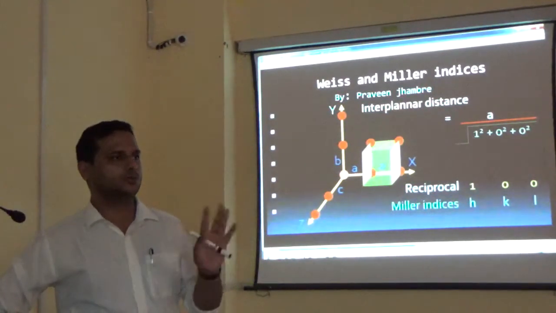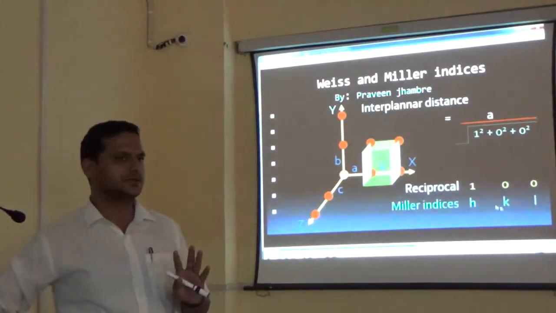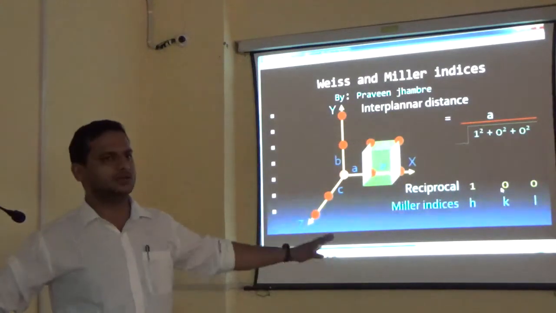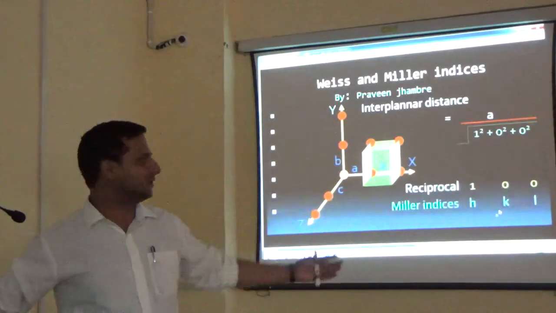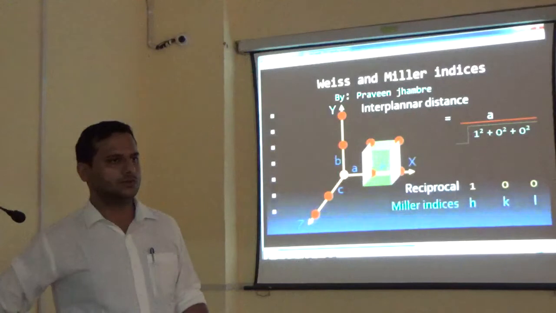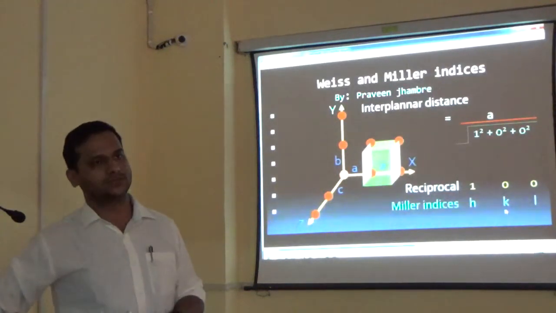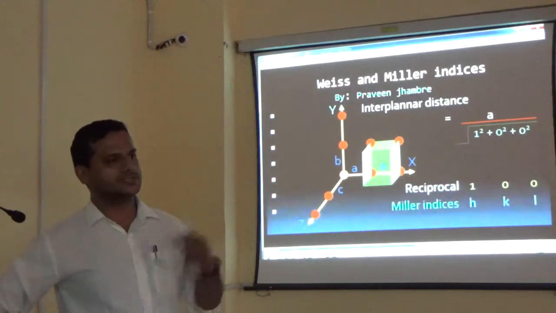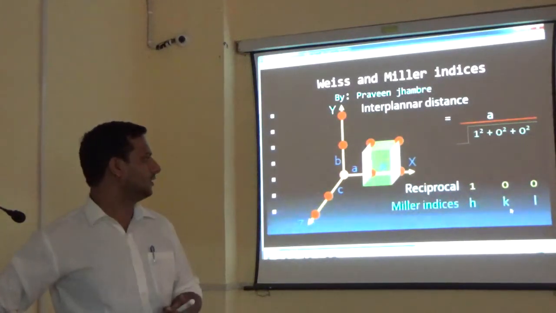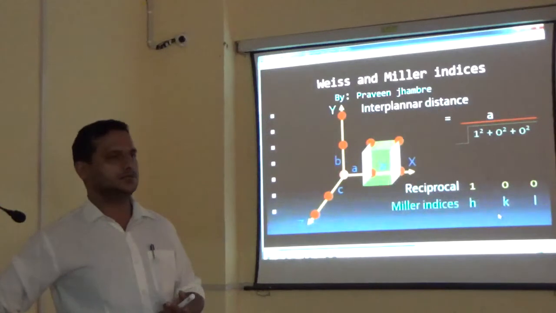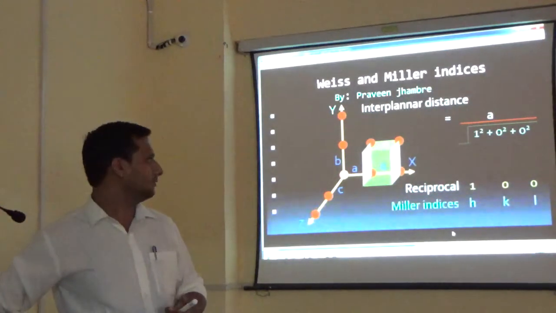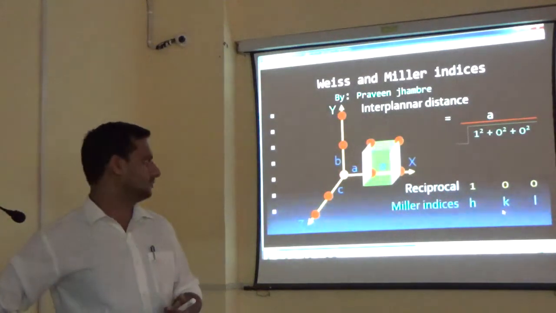There is not so much logic behind this. These are simply notation, and they are universally adopted. You can place A, B, C also, but these are universally adopted and the literature is found in this form. So this is a convention to put the intercepts as HKL, but it is not a universal truth. The literature is found in this form actually.